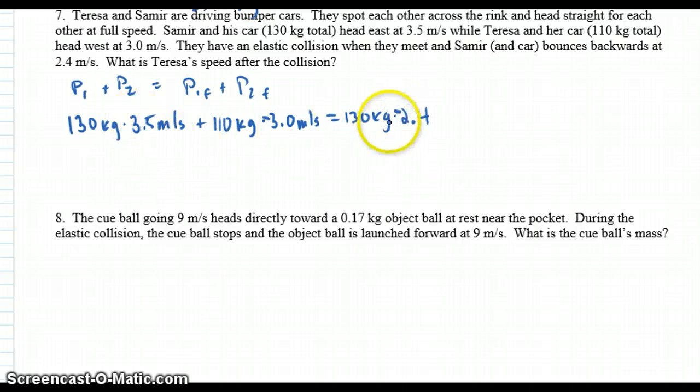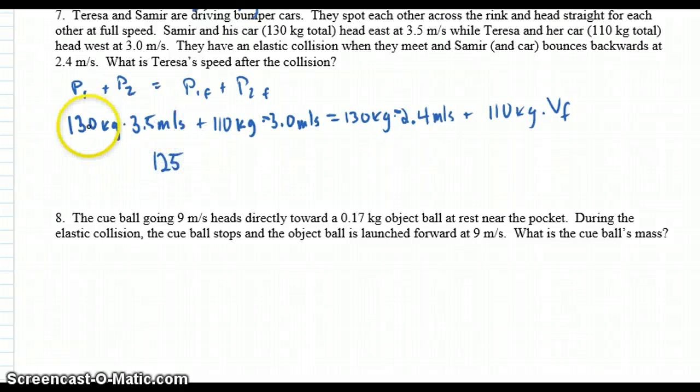He started out positive, now he's bouncing backwards, meters per second, plus 110 kilograms times Teresa's velocity final. This simplifies out to 125. When you do all these together, it's 455 plus negative 330, and then you get 125 kilograms times meters per